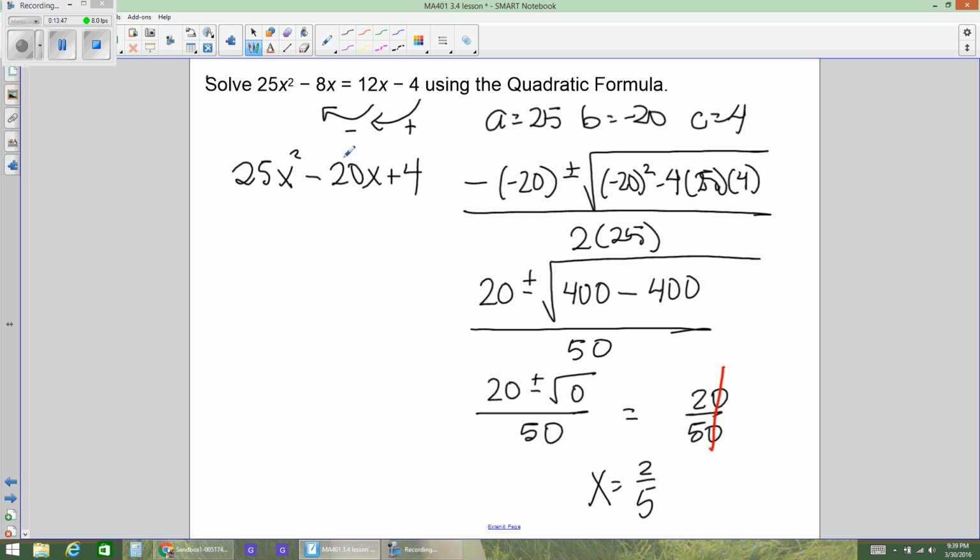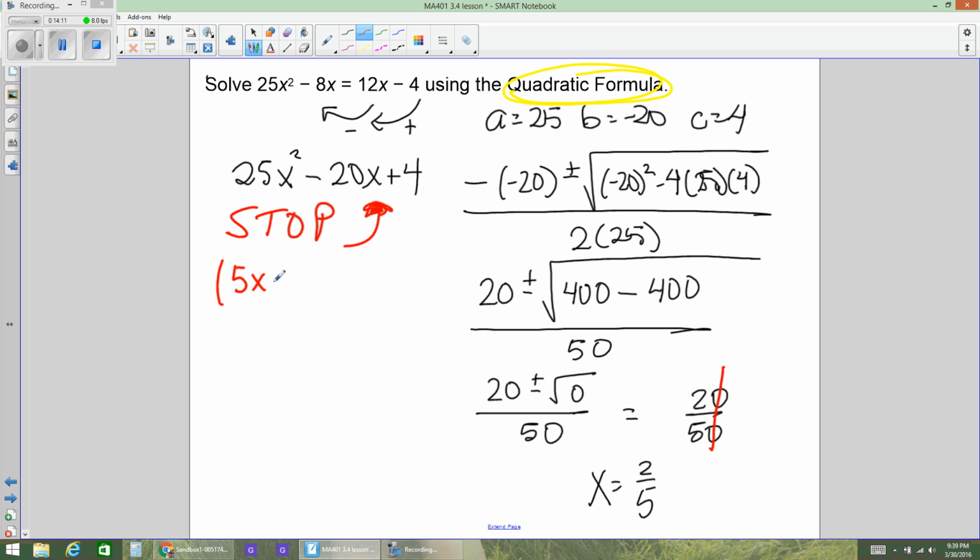Now, they told us to solve using quadratic formula. They were very specific. Quadratic formula, they said. But I want you to stop and think about this, because we've been factoring just a little bit. We've been factoring. And that's actually a perfect square trinomial. And so I could have factored that